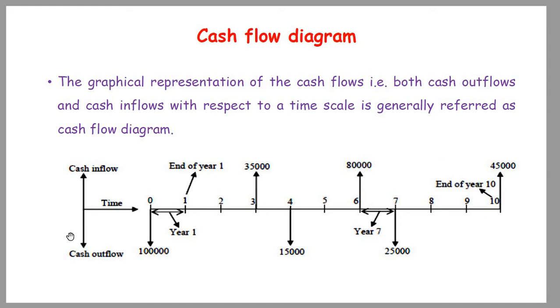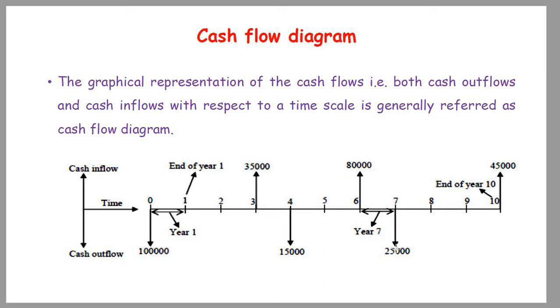So in this cash flow diagram you can see at the bottom it is 1 lakh rupees at zero. It means at the 0th year a person has invested or deposited 1 lakh rupees in a bank, and in the first and second year he has not done anything. In the third year the bank has given him 35,000 rupees. Again at the end of the fourth year he has deposited 15,000 rupees, and in the sixth year he has got, or borrowed, 80,000 rupees,